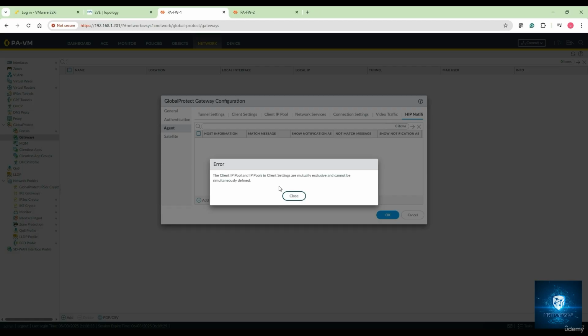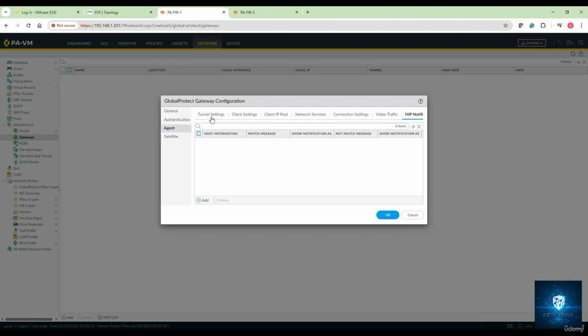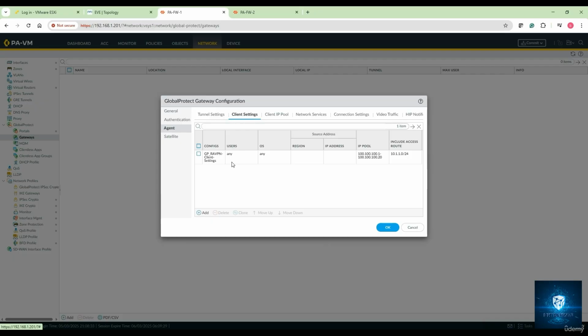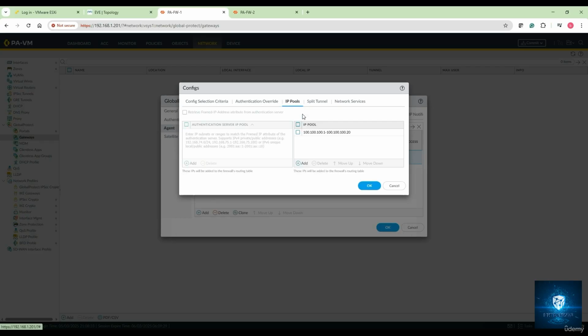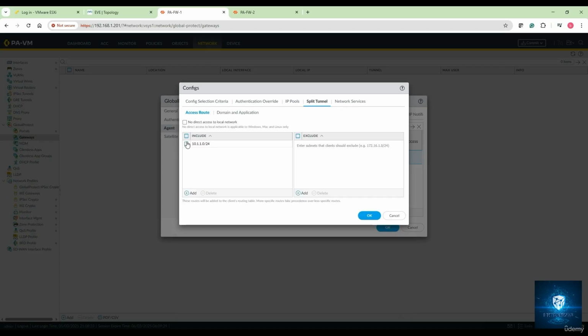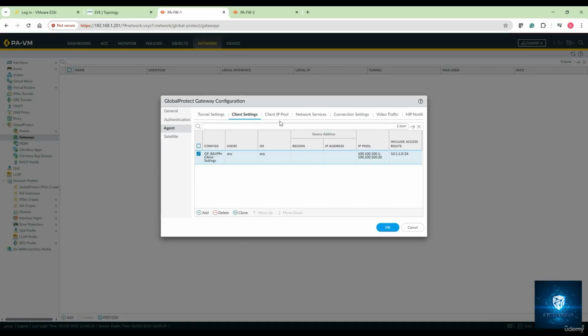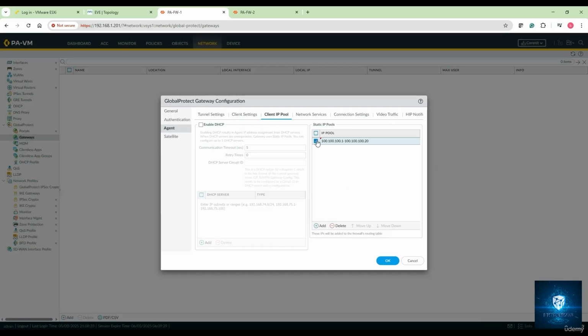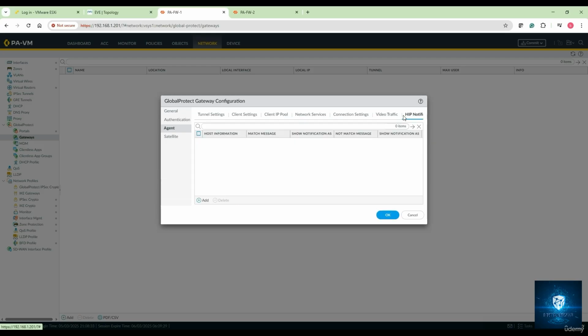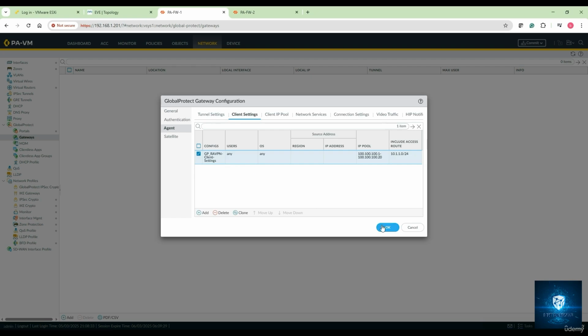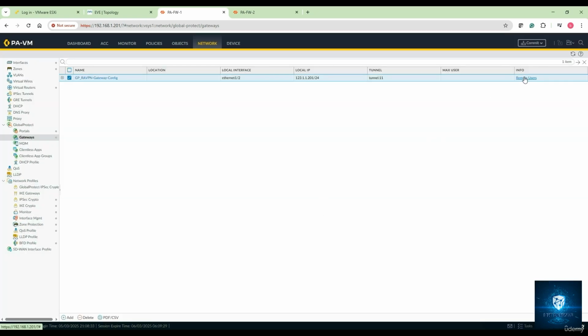Okay, so I'm getting an error notification over here. Just a second. Right, so click on close here. Let's look for the tunnel settings. Under the client settings, I have configured this. All right, so under this my IP pools was defined, split tunnel was defined, looks good. Okay, click on OK. Over here under client pool, this is not required. Okay, so I have done it twice. All right, so rest everything looks fine. Click on OK here, and then I can go ahead and